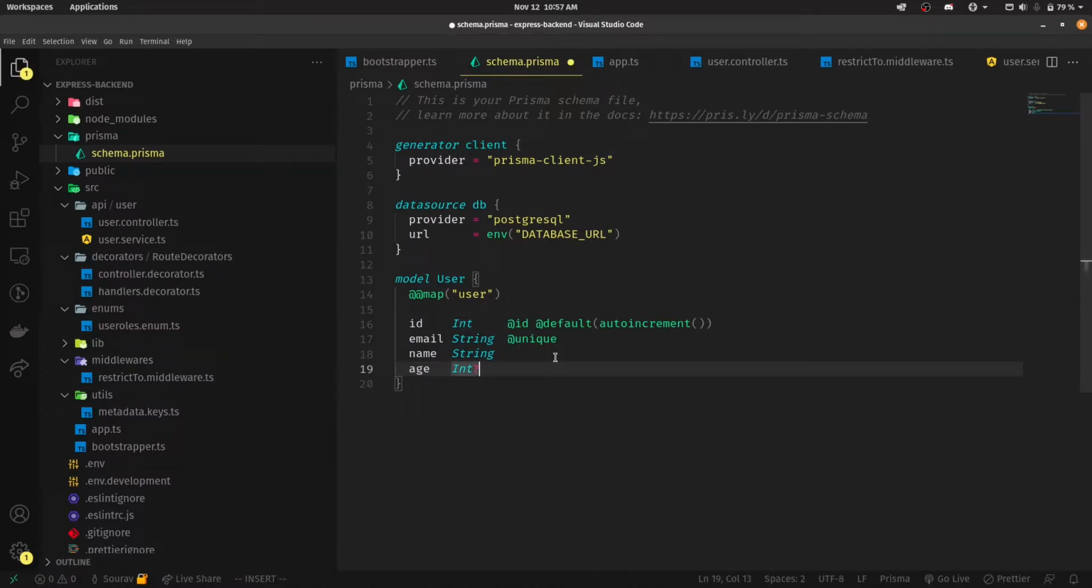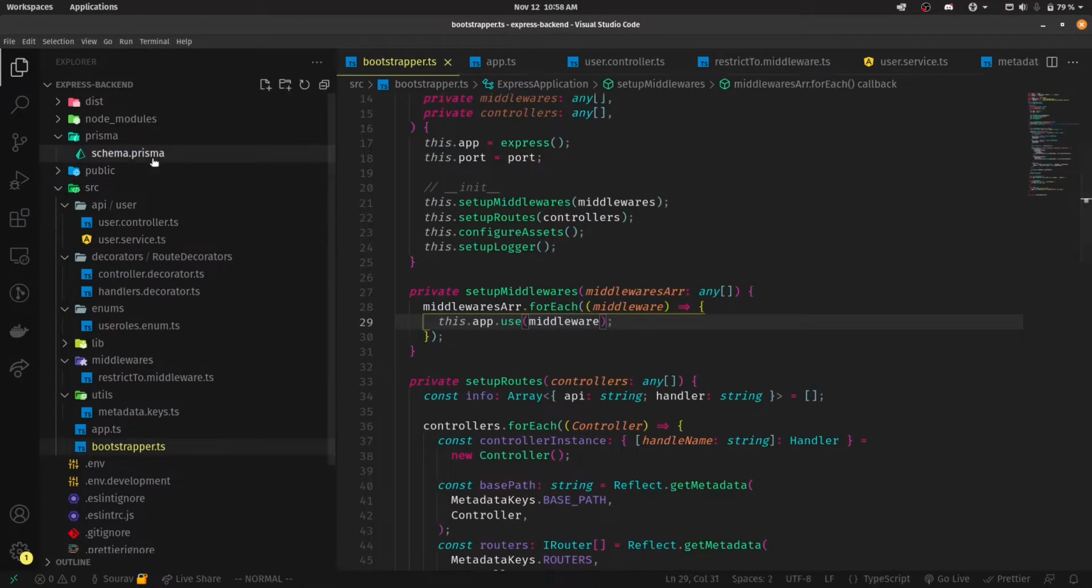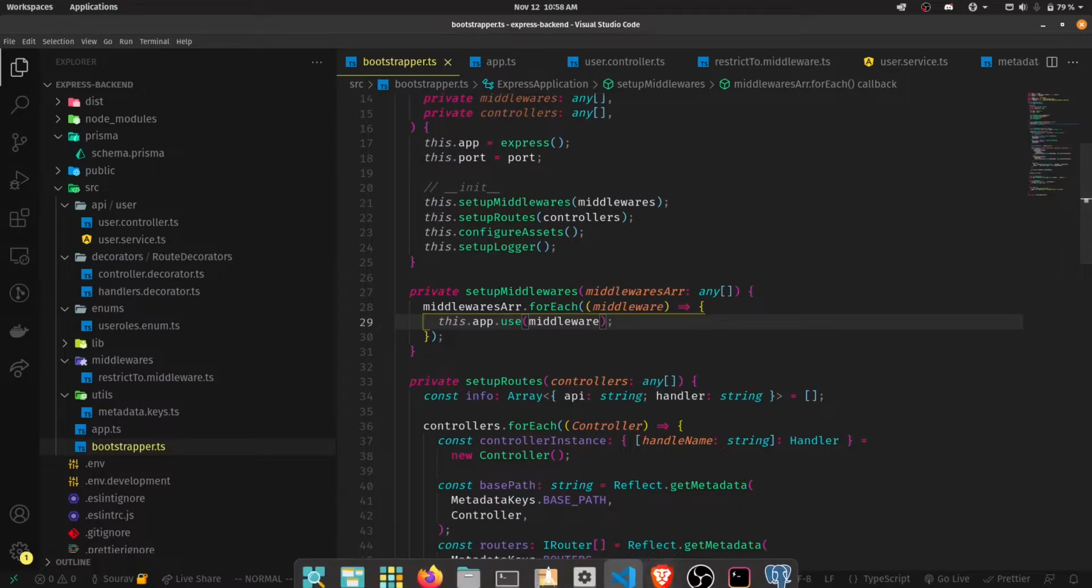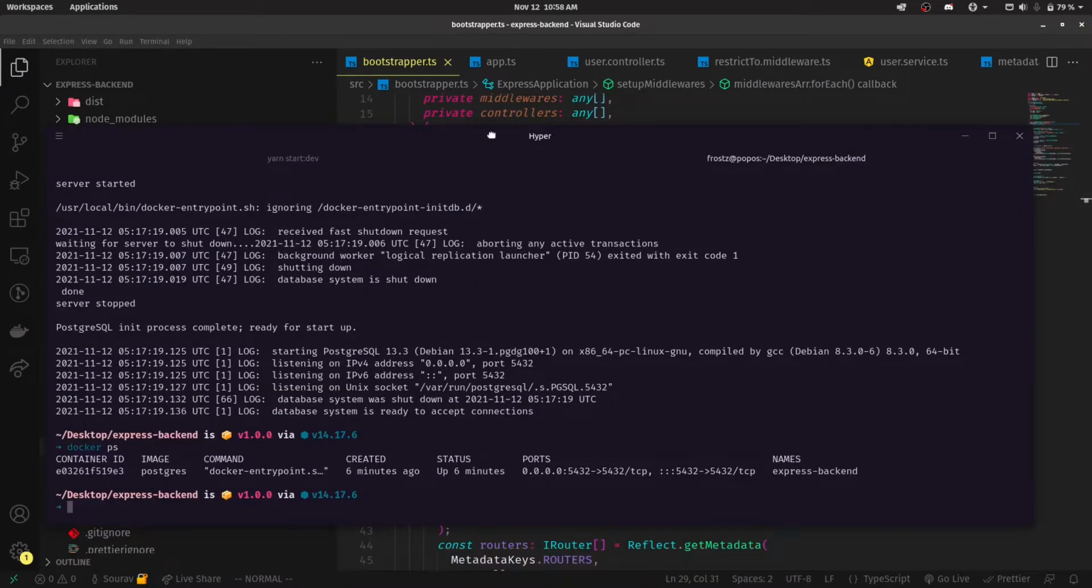So for age, I'm going to be keeping a question mark for that. That means this field is going to be nullable. That gets rid of the Prisma stuff. All right. So let's just go back and try to